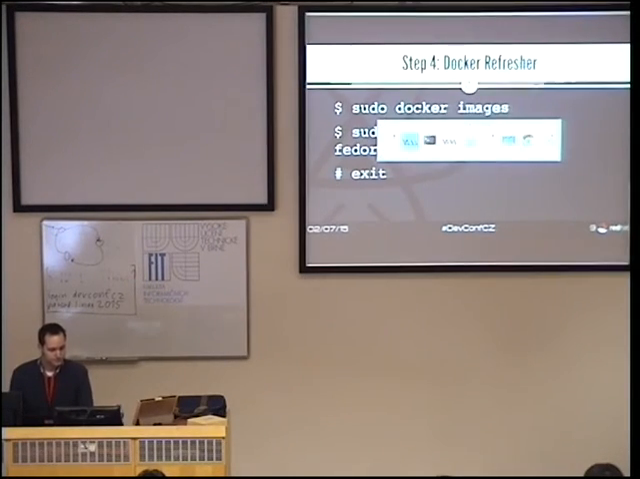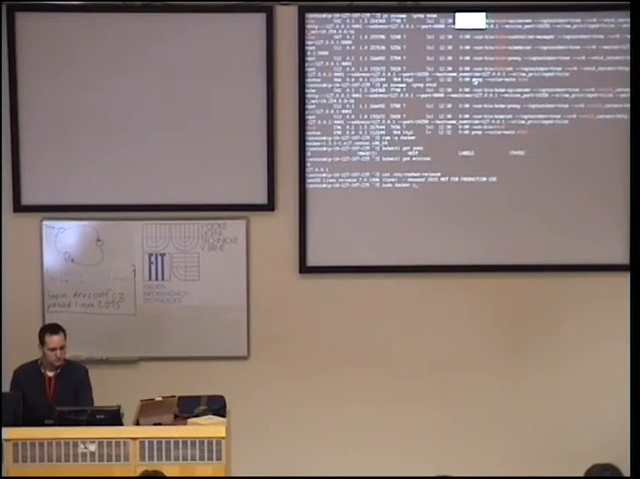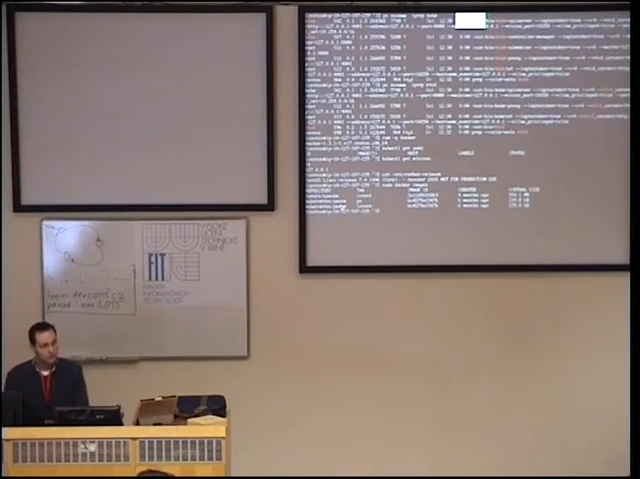So, you can see that there's some built-in Kubernetes images that are out there, as well as the Fedora Apache image. And so if we want to, we can actually create this image with